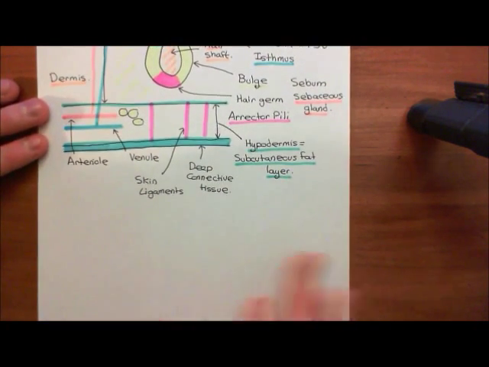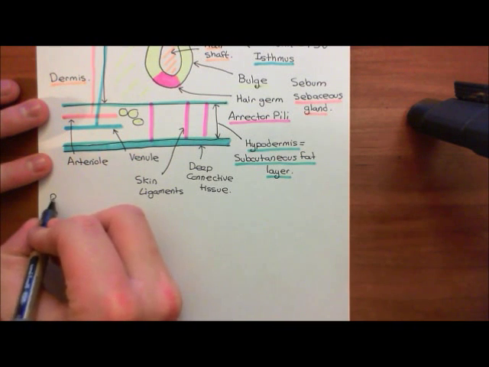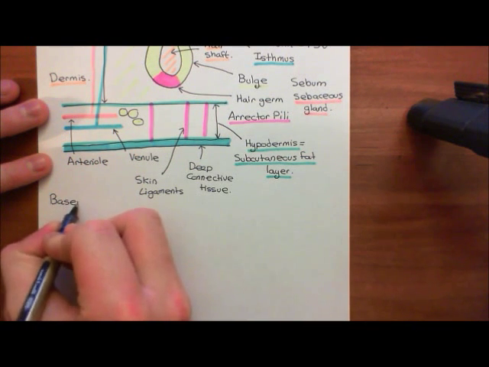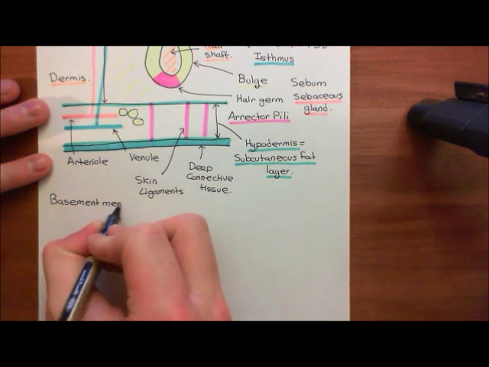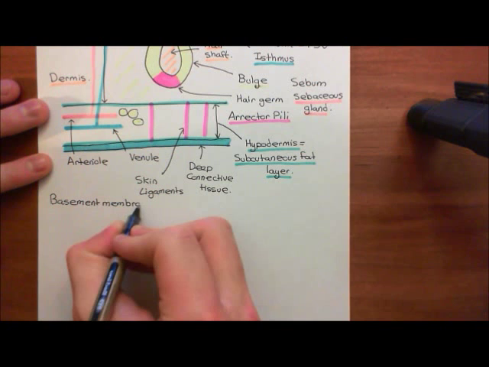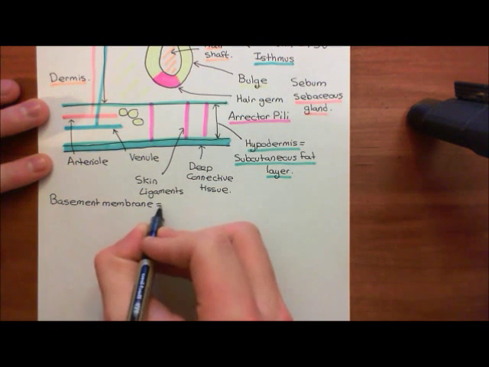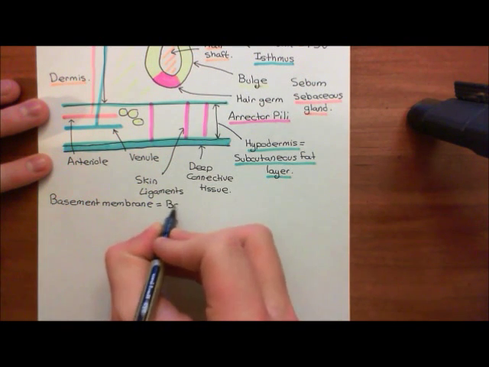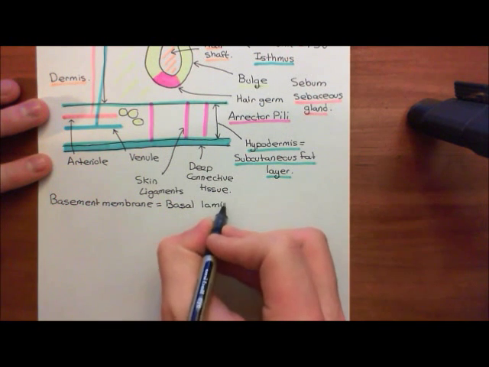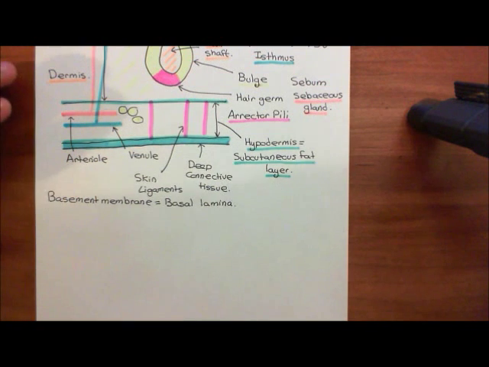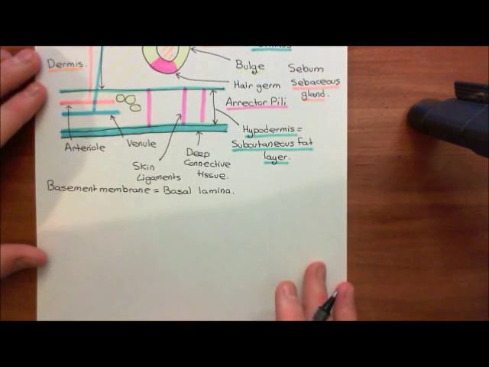So let's now discuss the structure of the basement membrane. The first thing I want to say is that the basement membrane has another name. It's also known as the basal lamina. The next thing I want to say is that you can divide the basement membrane up into two